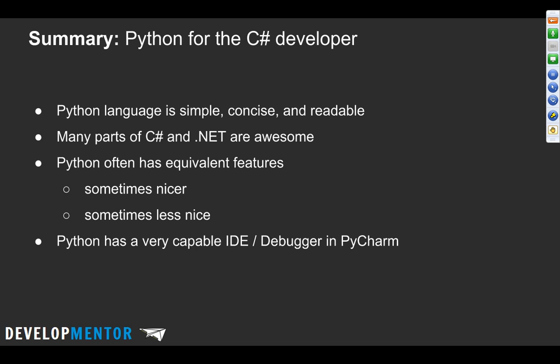I feel like .NET developers look at the interpreted aspect, the dynamic aspect, the whitespace code block definition stuff and go, whoa, this is really weird. This is so different than what I'm used to. It is different, but at the same time, it's very familiar. Many of the things you're like, well, how could I live without this? Well, you don't really have to. It's kind of part of Python. It's just a slight variation on it.